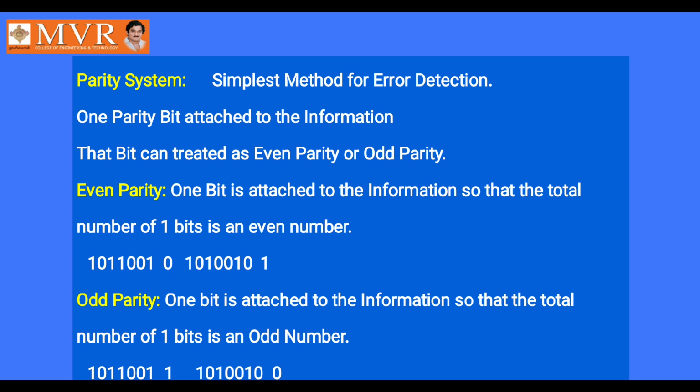So if you observe the even parity and the odd parity for the same input values, the parity bit is toggled, meaning changed. In the even parity method, first example, we added the extra bit as 0; for the same input in the odd parity method, we added the extra bit as 1. The second example also: in the even parity method you added 1 as the parity bit, and in the odd parity method you added 0. So once you calculate the even parity, it is very easy to generate the odd parity. It is simply vice versa, the complement of even parity.